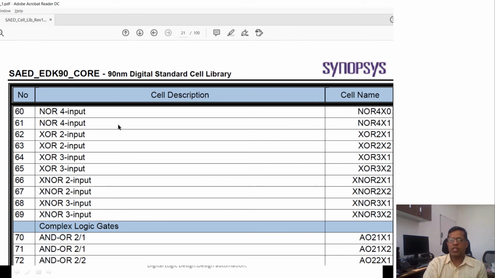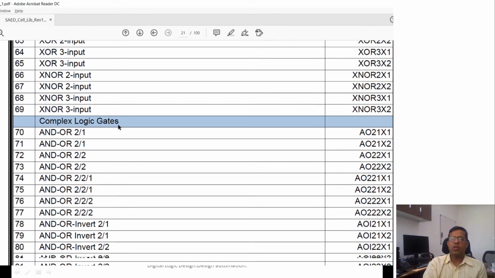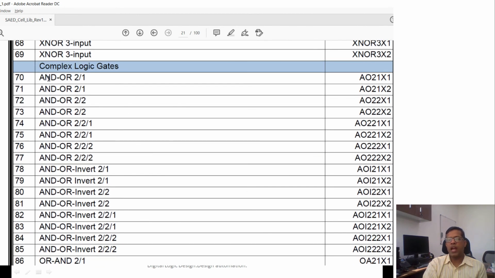or NOR, XOR and XNOR. All of these gates are available as basic gates. Some complex gates are also available where AND and OR are combined. Basically it takes 2 inputs to the AND gate and one input to the OR gate.